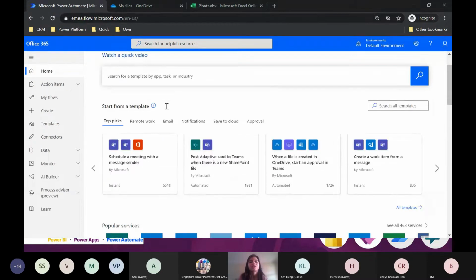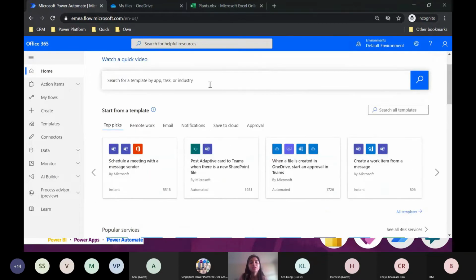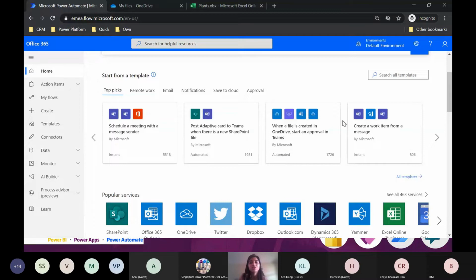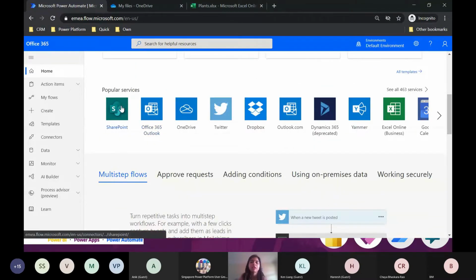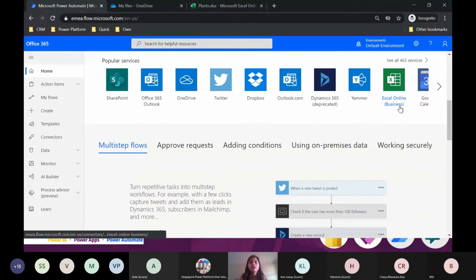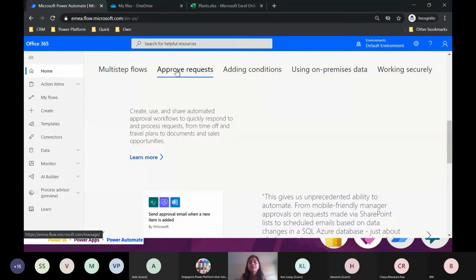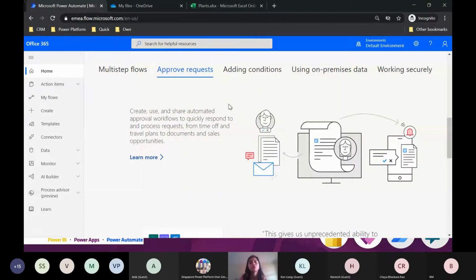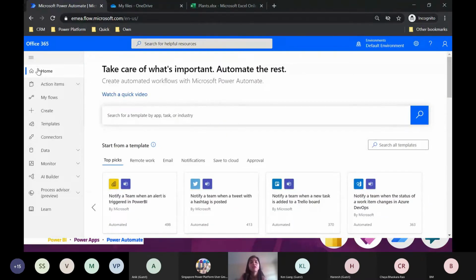Yeah. So on the dashboard, on the designer page of the flow, what you can see is there's a template section that you can always start your work from. There are some of the popular services or connectors that are always available. And then if you scroll a little below, there are some flows that you can work on and you can read about them. So if you do a learn more, you'll be redirected to the flow.microsoft page and the connectors page of it basically.